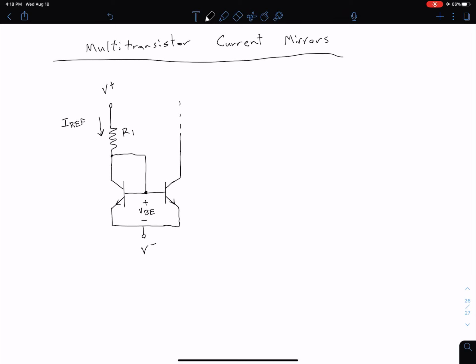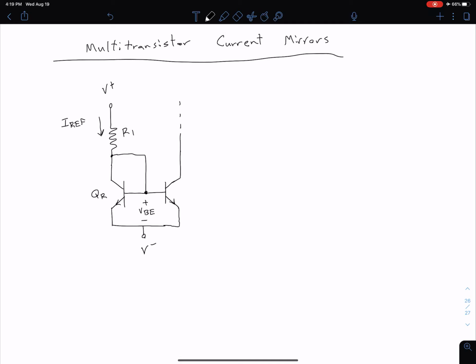The final configuration that we want to consider with our IC biasing is the multi-transistor current mirrors. As we can see, what I've drawn here is just our simple 2-transistor current mirror. The question is, what if we wanted to add more transistors to this? We'll see why this is useful once we do the analysis, but let's start by just labeling this